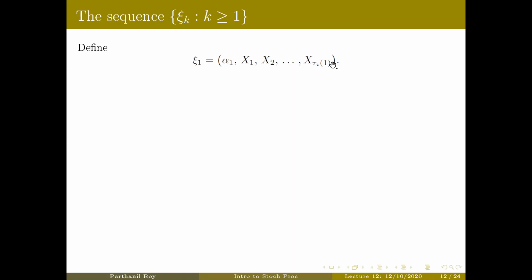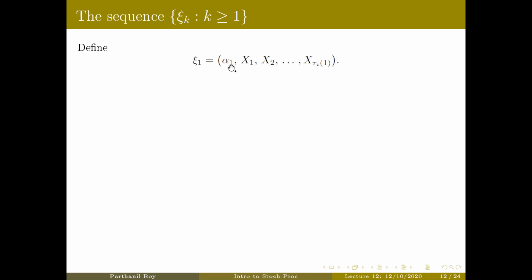Now, of course, the length of this vector is random. The number of components of this vector is exactly alpha 1 plus 1. Why? Because the plus 1 is coming from this component, and then the rest, there are alpha 1 many components. Of course, alpha 1 is also equal to the first return time in this case, so tau y1. So therefore, it's tau y1 plus 1 as well. Now, in other words, if alpha 1 is 10, this is a vector of length 11.